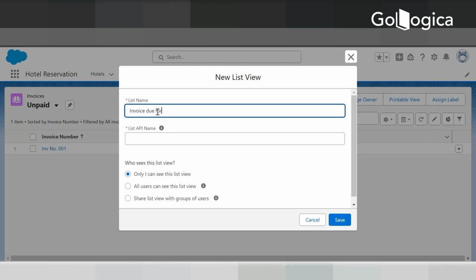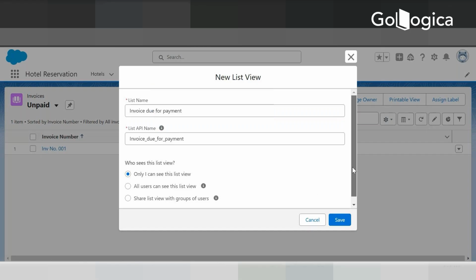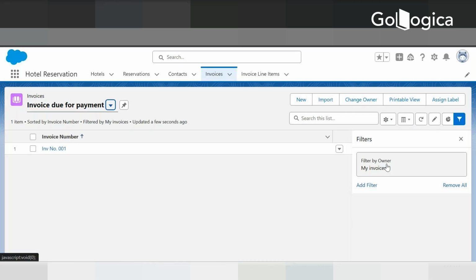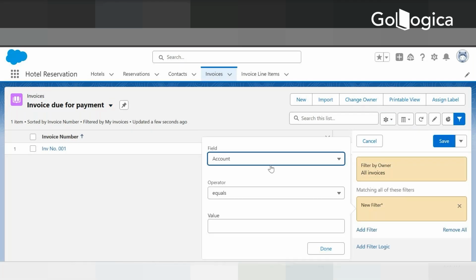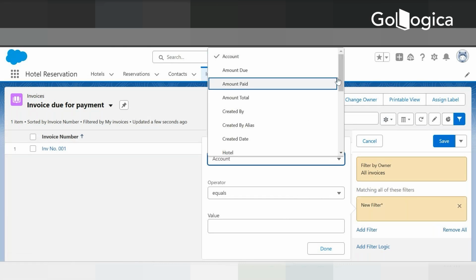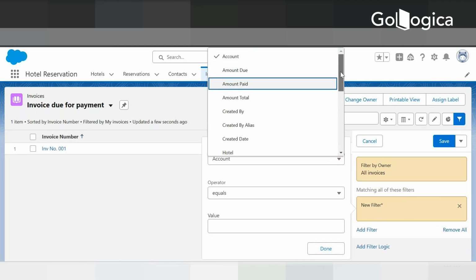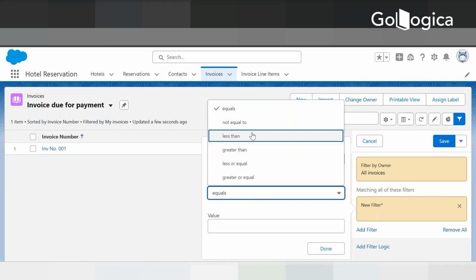invoices due for payment, something like this. And I'll click on save. So in this, what I'll do is I'll try to find whatever invoices are there which are coming up for payment. So it says invoice due is equals to,